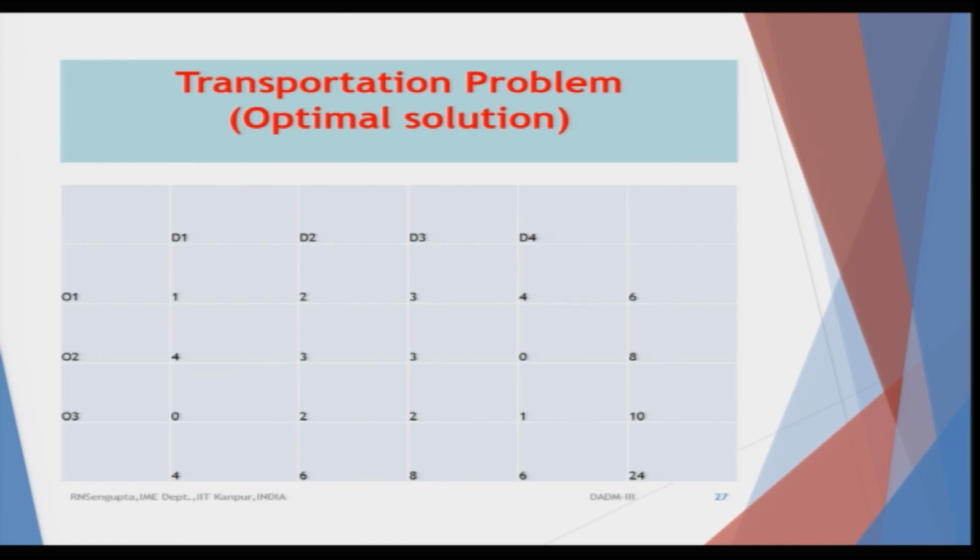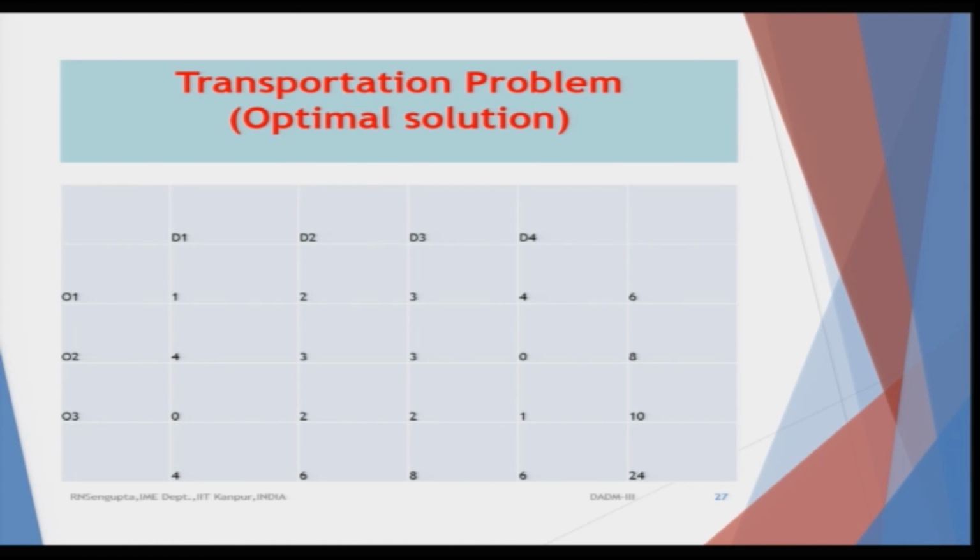I will come to that DEA method later on, but in the optimum solution problem, you have the destinations given as D1 to D4, origins as O1 to O3, and your total cost structure is given as shown in the matrix. The costs are C11 is 1, C12 is 2, C13 is 3, C14 is 4 in units, and the corresponding values for transporting from O2 to D1, D2, D3, D4, the second row, would be 4, 3, 3, 0.